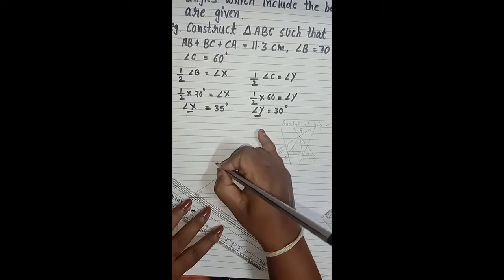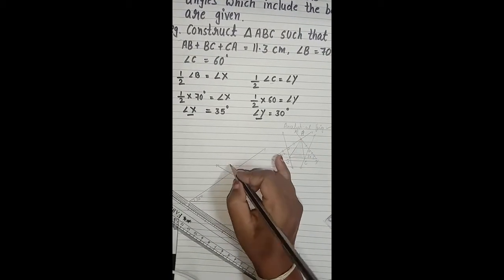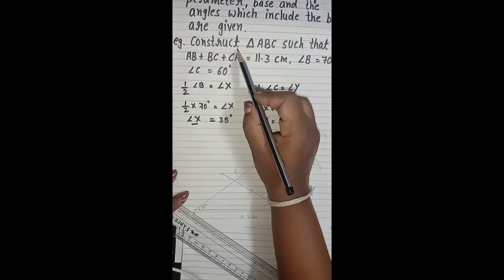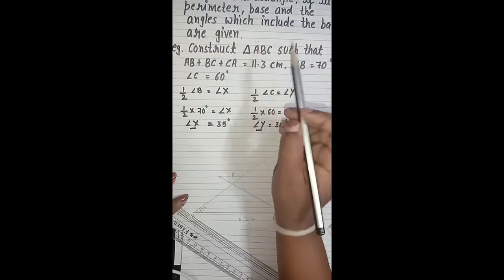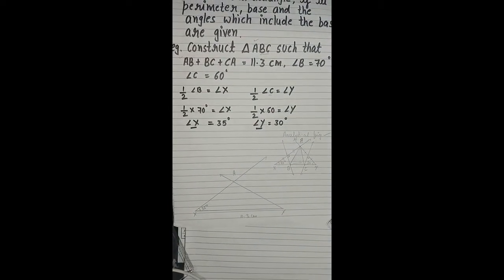So this is the arrow. Okay, so this point is what? This point is our A. Which means in our triangle ABC we got point A. Now we'll have to draw B and C. For B and C, what are we going to do?